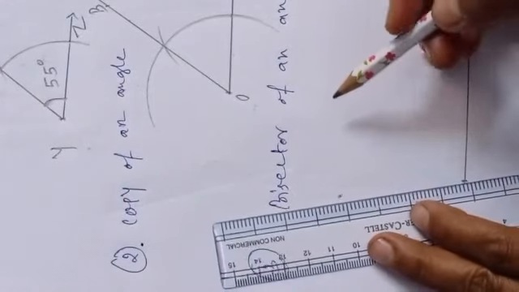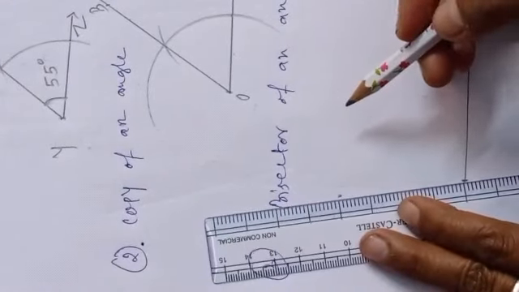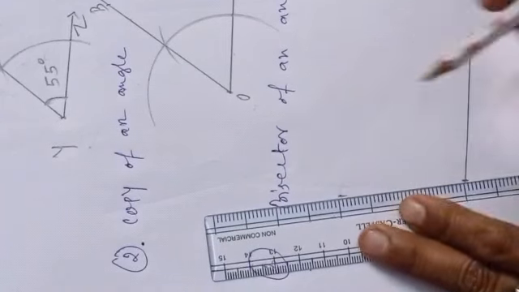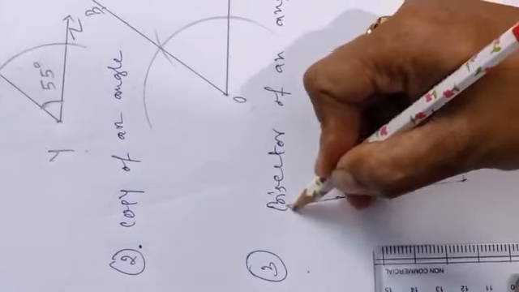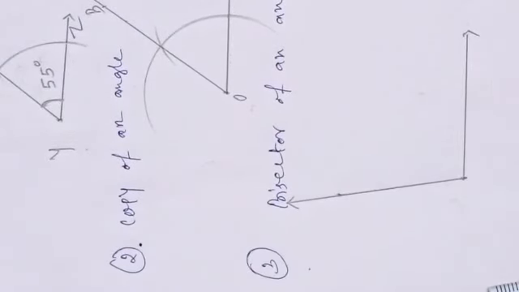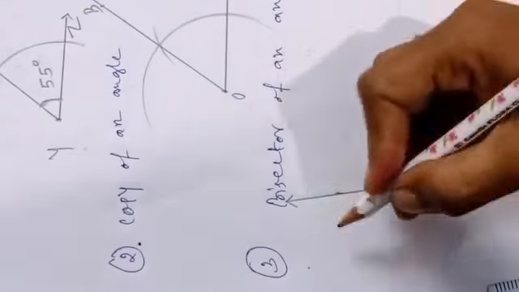So for that I have taken that dot to point that angle. Now I will join the vertex with this one. That means another ray I have drawn here. If you want, you can name this one by anything. Let's name this one